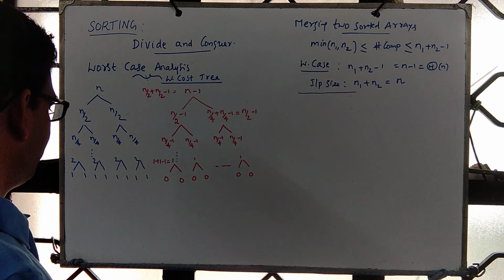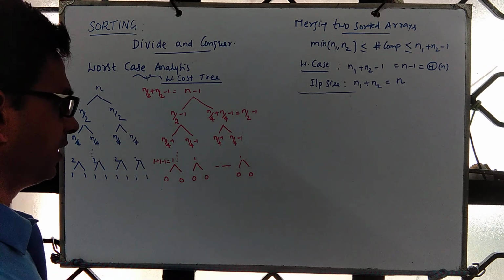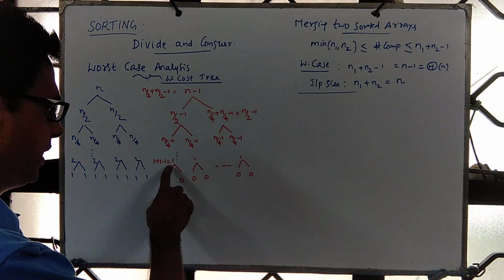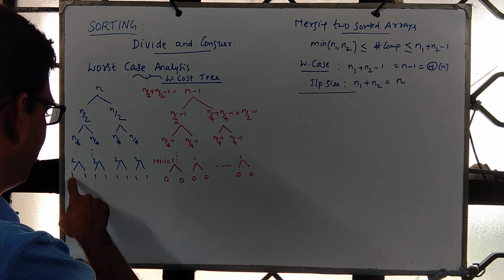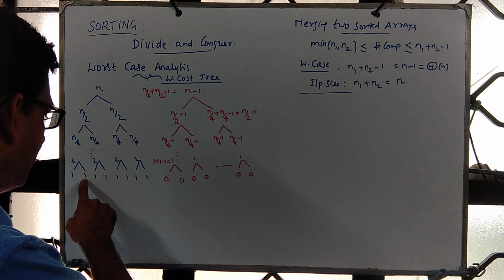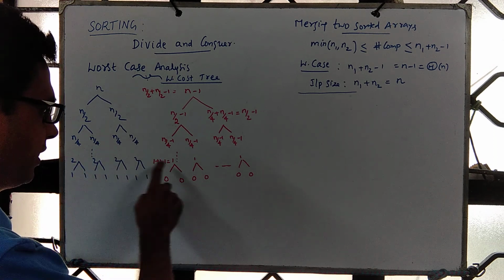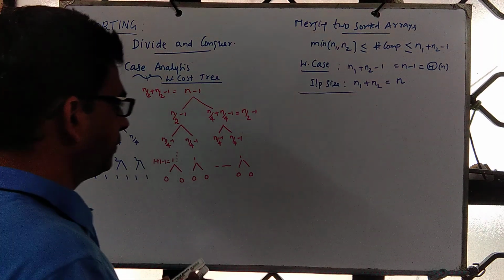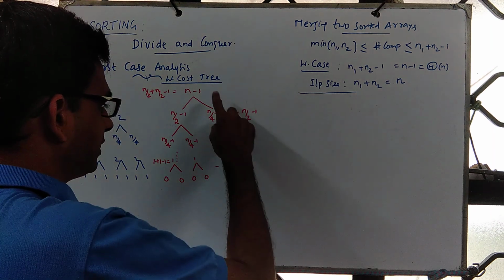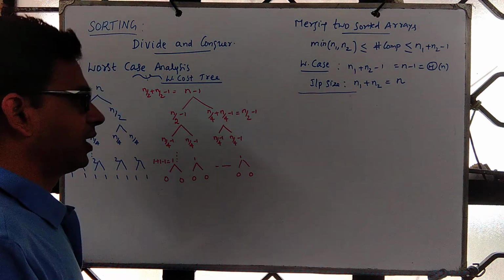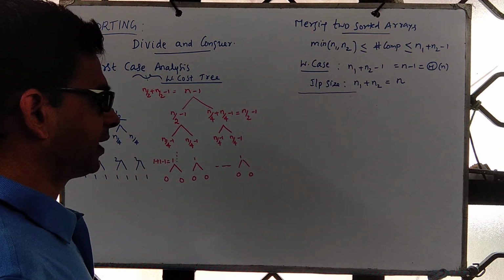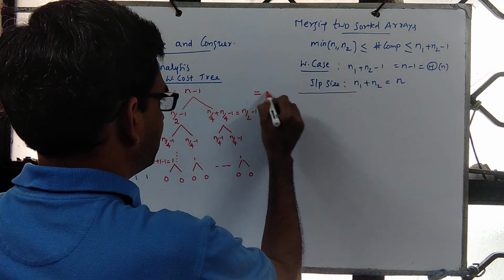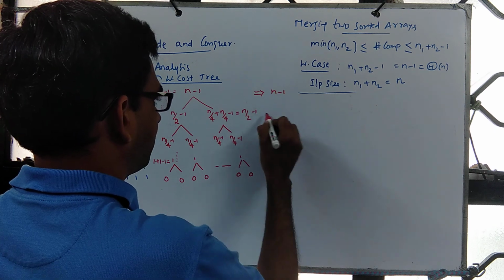Correct? Now when problem size is 1, we have nothing to compare, so it is 0 everywhere. But at this stage we are taking a problem of size 1 which is sorted, another array which is sorted, to merge them to get a sorted array of size 2, it is 1 everywhere. Now we just need to calculate what is the cost from all of this, and with that we can calculate the total time complexity. So from this level it is n minus 1.